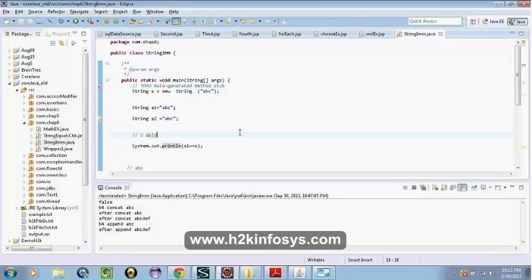And of course, an immutable class has to be final, because if you extend it, you can change the concept of immutability. That's the reason it makes more sense to have it as final. Database URLs and all these things shouldn't be changed. String is widely used for all the parameters, like network connections or database connections and all these things, right? And one more reason we could say is